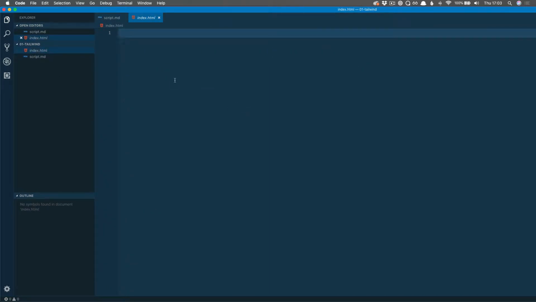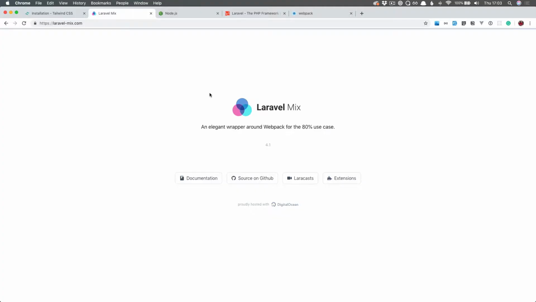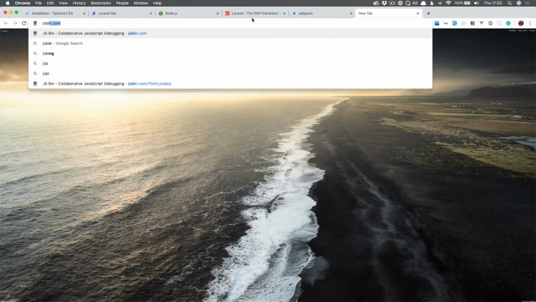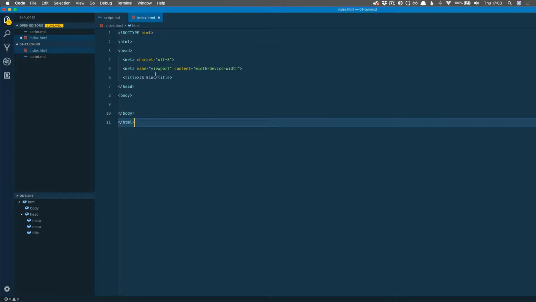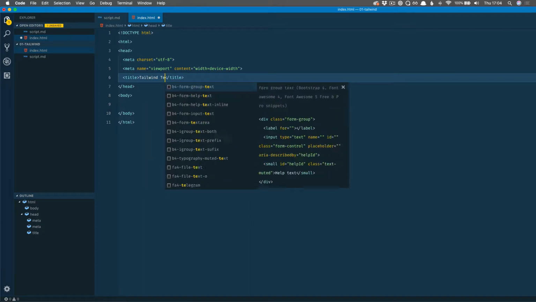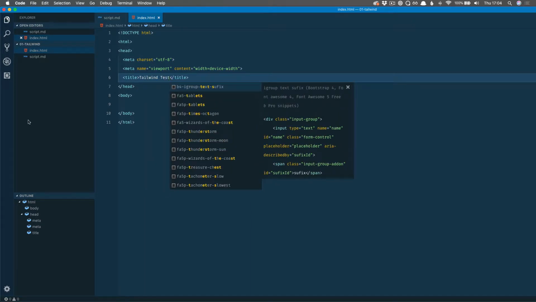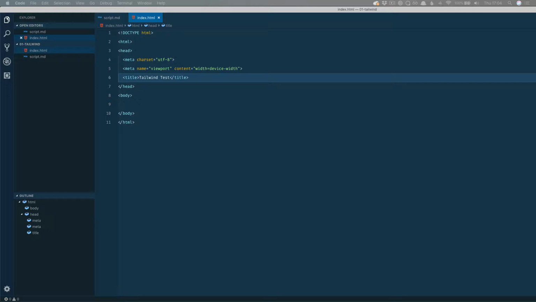you can drop a blank HTML layout in there, and what you can actually do if you don't have one is just steal one from JS Bin if you can't bother typing it out from scratch like I never can. We'll just call this Tailwind test. So now we have an index.html, and